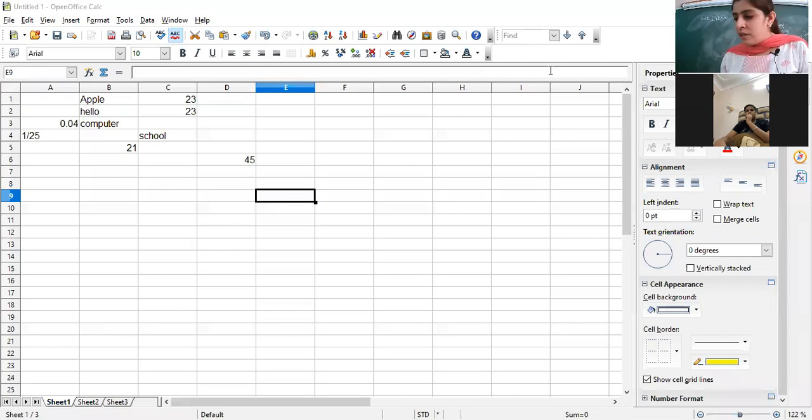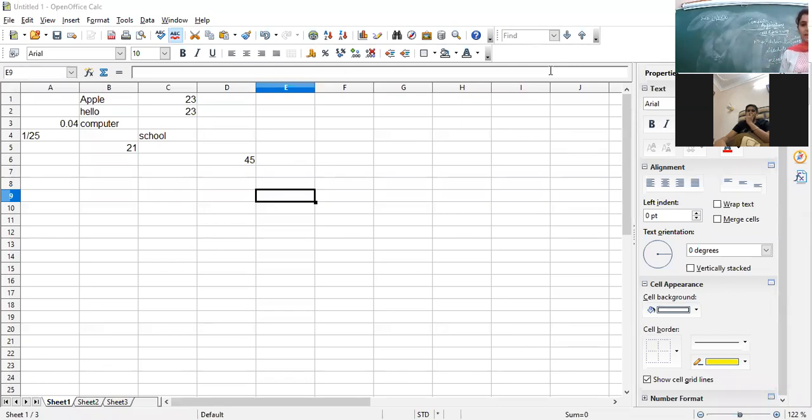Clear? So let's take one example. If I'm writing B2, this will be relative. Now, how to make it absolute? What will be the recognition for that? The recognition for making the cell address absolute is to put dollar signs.